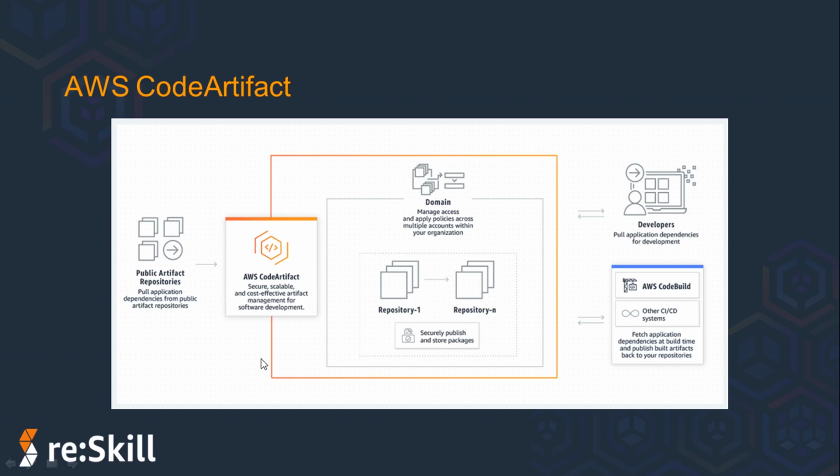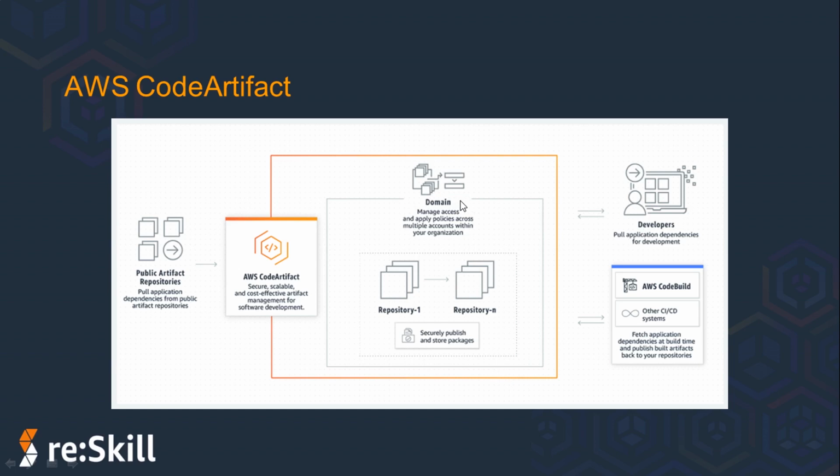You can use a domain to apply permissions across many repositories owned by different AWS accounts. And what is a domain? It makes it easier to manage multiple repositories across an organization, and the access also can be managed through the domain itself. An asset is stored only once in a domain, even if it's available from multiple repositories. You can't create a repository without a domain. When you use the create repository API to create a repository, you must specify a domain name. You cannot move a repository from one domain to another.